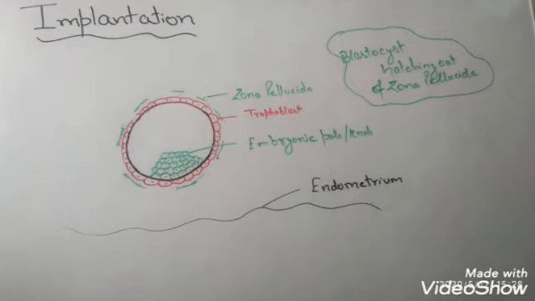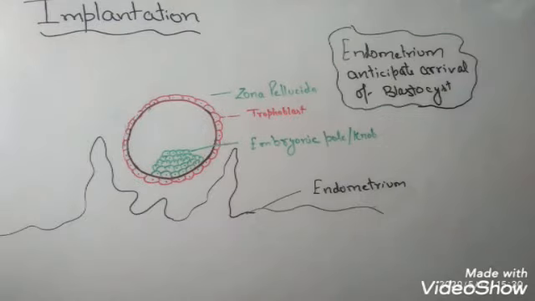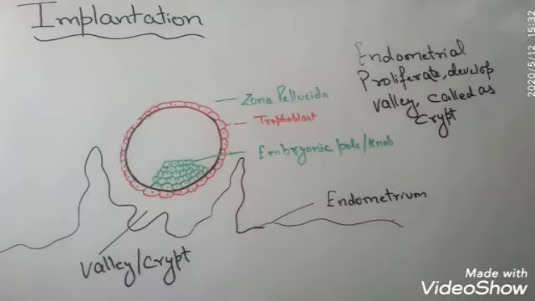From the figure you can see that the blastocyst is reaching toward the endometrium and the zona pellucida layer is getting broken down, thereby the hatching process is taking place. Now these are the changes taking place in the blastocyst. It doesn't mean the uterus is lying at rest. The uterus also participates. It leads to the proliferation of the cells of the endometrium, which move toward the blastocyst so that it gets attached to it, as shown in the figure.